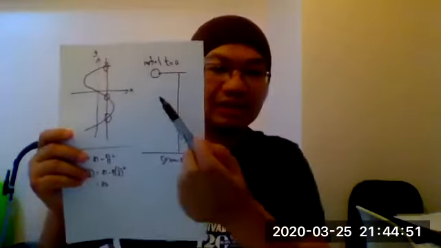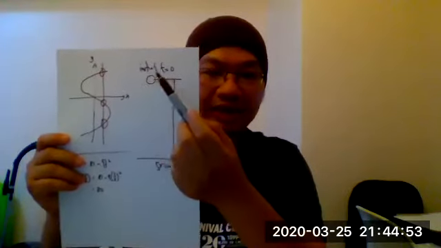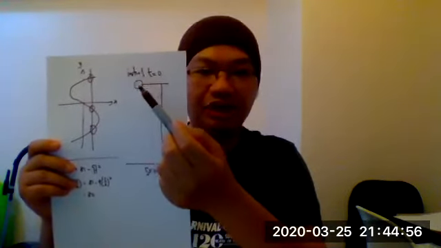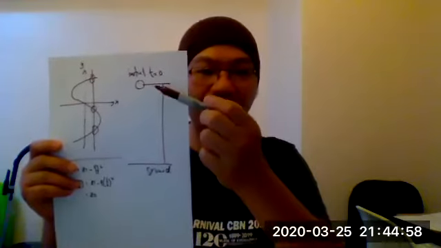Try to imagine. So, if I draw again the initial location of the batu, this is the ground. This is the batu here, the stone, when t equals 0. This is the initial location, and this is the ground. So when we release this batu, it will free fall to the ground.